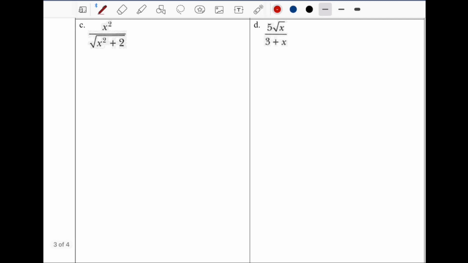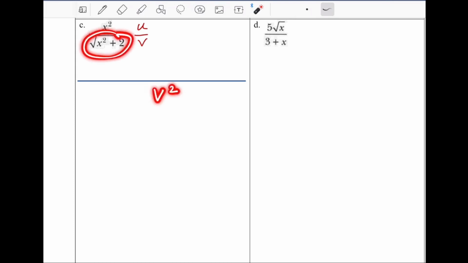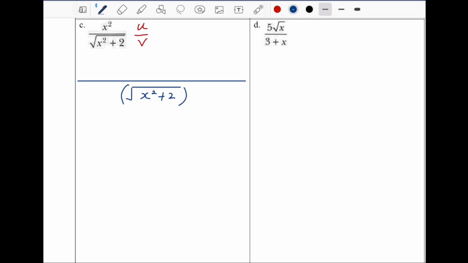Alright, so U over V, first we start with V squared, square of this, followed by V. Let's change the square root to power of 1 over 2. Followed by U prime, differentiate U,